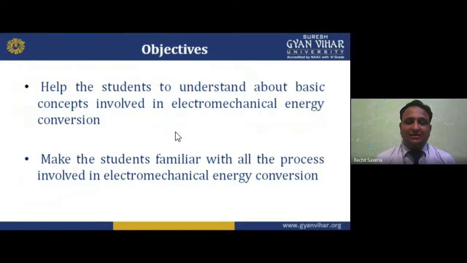Secondly, students, you will become familiar with the processes involved in electromechanical energy conversion. What are the processes we have? How are we converting? Now in unit number 3, we are going to study the DC machines, in the fourth motoring and generating both, and fifth is the transformer. So how DC machines work, how we are converting electrical to mechanical and mechanical to electrical. One thing is there, my dear students: if we are converting electrical to mechanical and vice versa, the construction is the same.